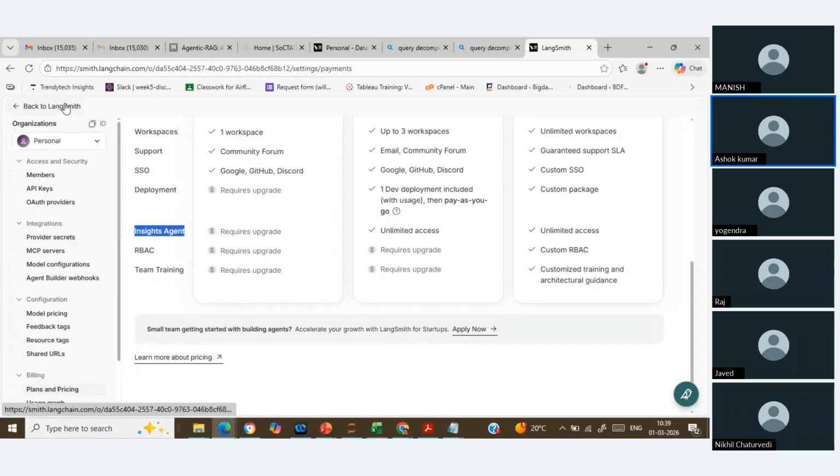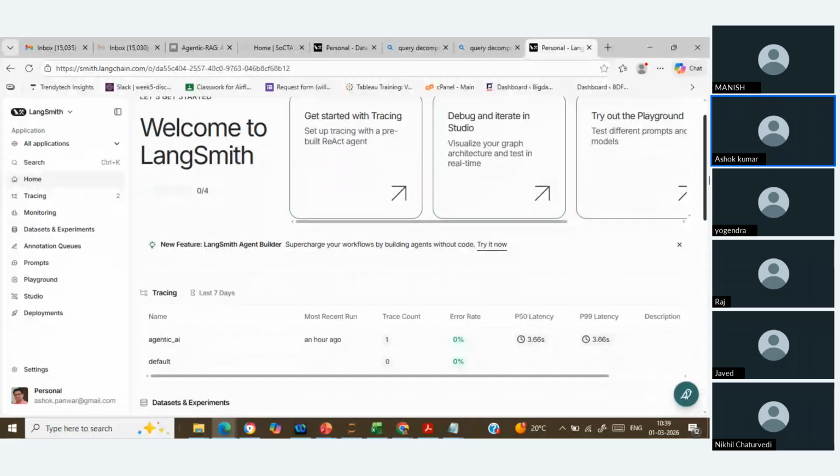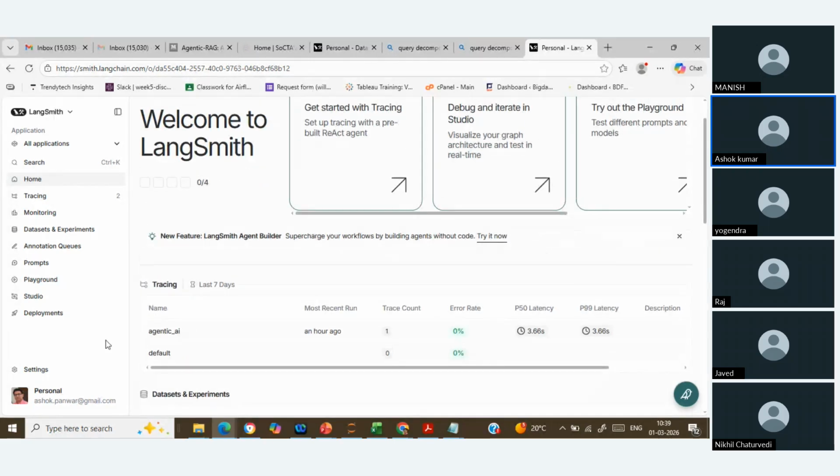Let me come back onto the Langsmith, and over here, inside the tracing, once you, the default project will be enabled. But if you want to create your own project, so monitoring probably,